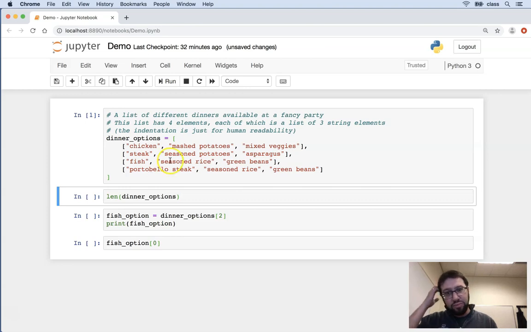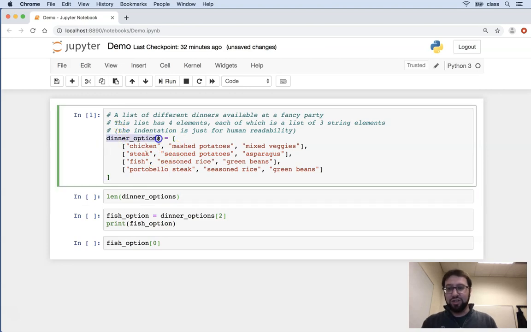So here's my example from the course text, which I want to walk through because it's good to see it in action. So here's a list called dinner options. We can tell it's a list because it has a bracket around it, right? We're assigning it equal to some bracket. We then have